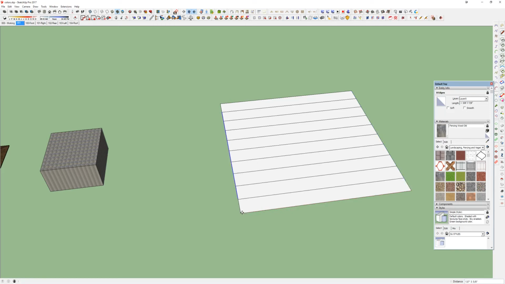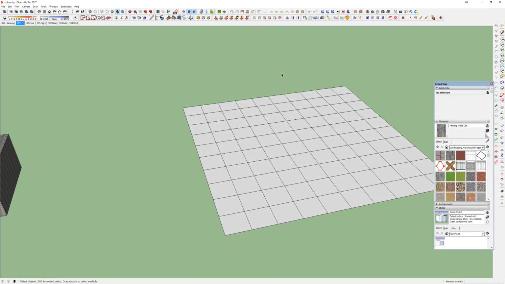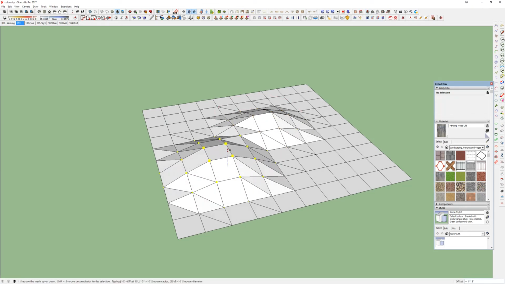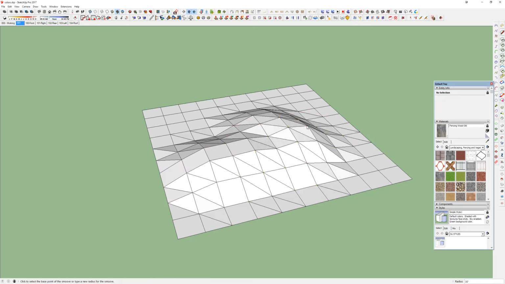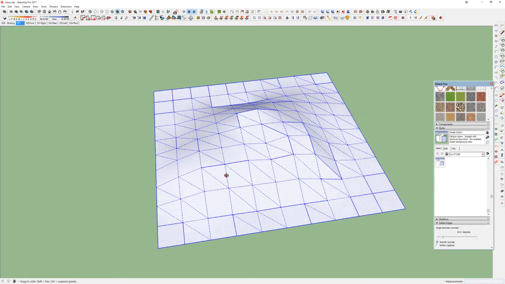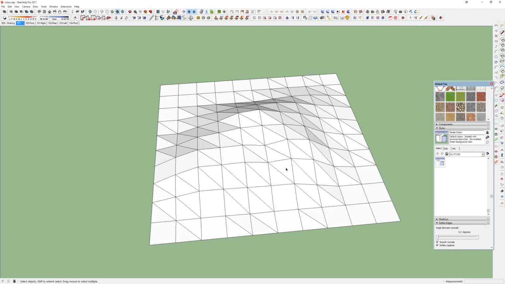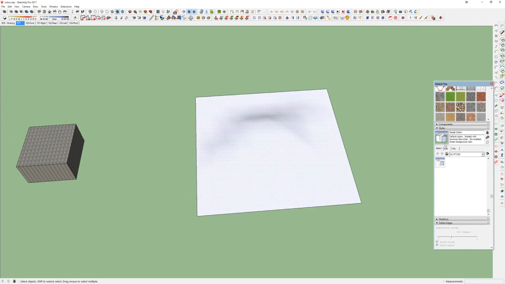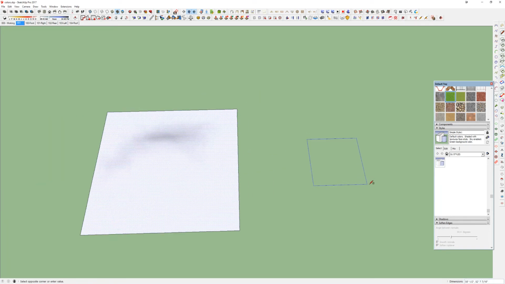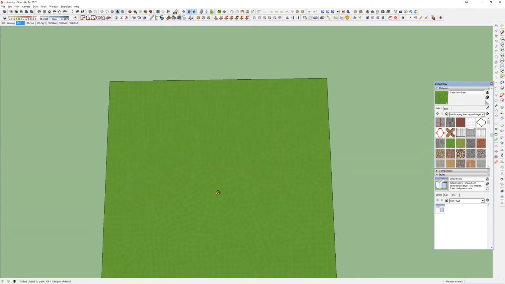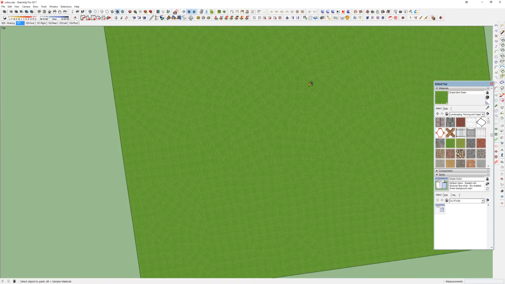Because this is one of the examples as to why it's really, really a useful thing to know. And we're going to get into site drawing and topography, I think, sometime soon after this, just so you know. I'm going to smooth that out. Oops, wrong way. So here I have this hill, and if I were to come in here and paint it a grass, make sure that it is not, yeah, it is currently not projected. And if I paint this thing and look at it from above, and I'm going to turn my hidden lines